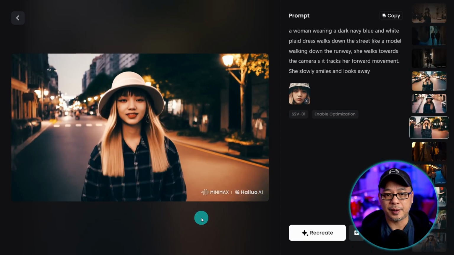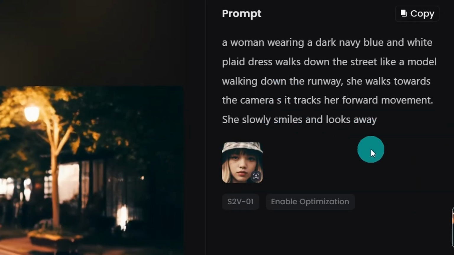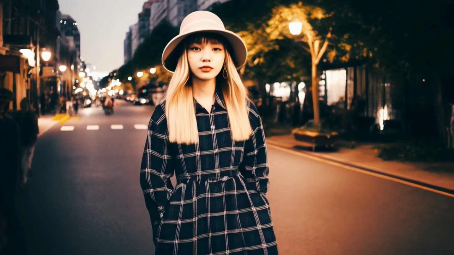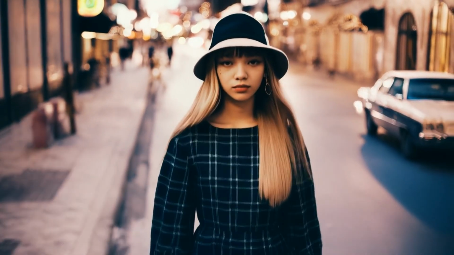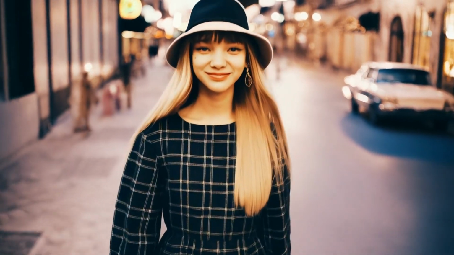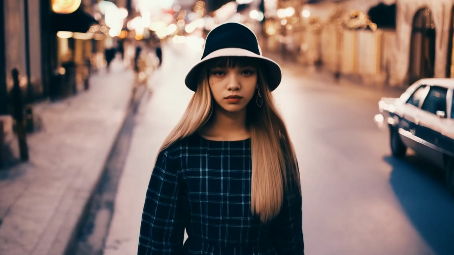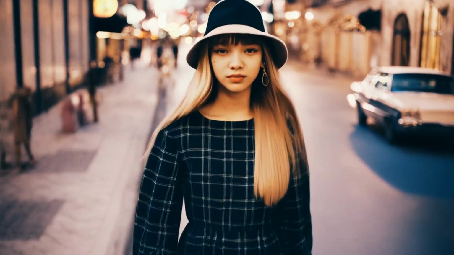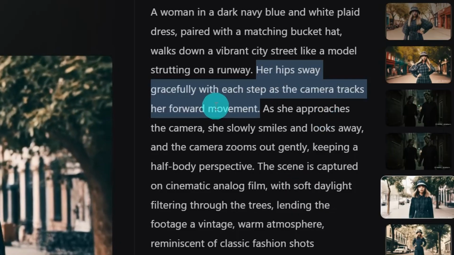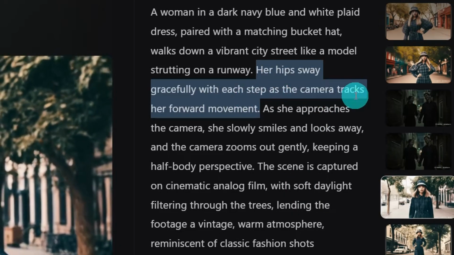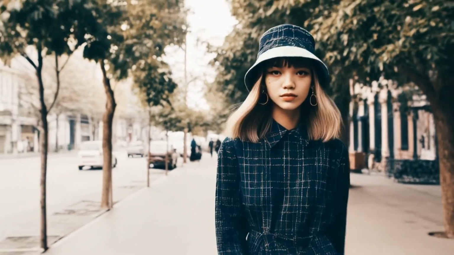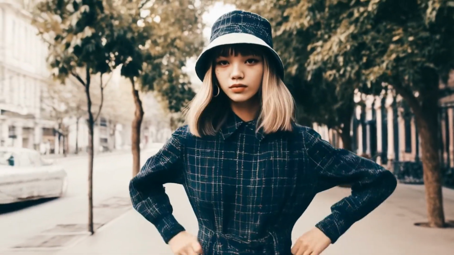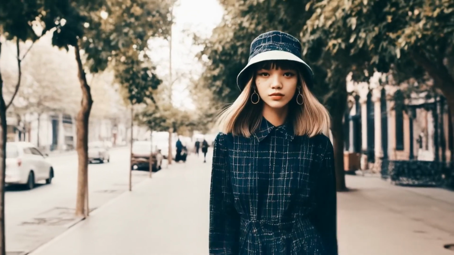In the prompt, I put, "She slowly smiles and looks away." Now she doesn't look away, but you see that eventually she'll smile. Sometimes the motion of walking movements can tend to look robotic, so it's also good to put something in the prompt to assist with that as well. So here I put, "Her hips sway gracefully with each step as the camera tracks her forward movement," and you see we have a little bit more of a natural flowing walk, as if she's walking down the runway,